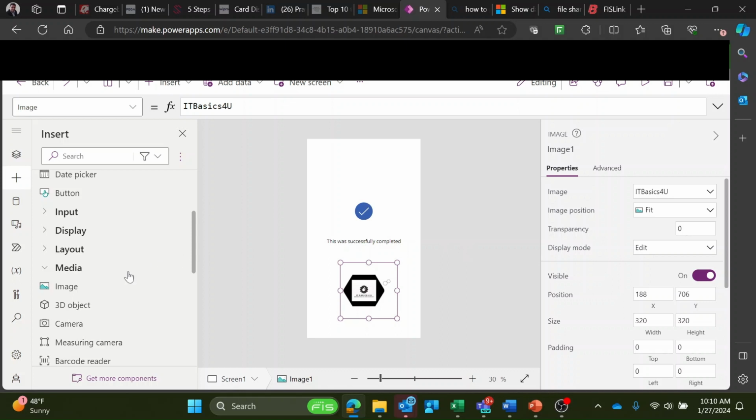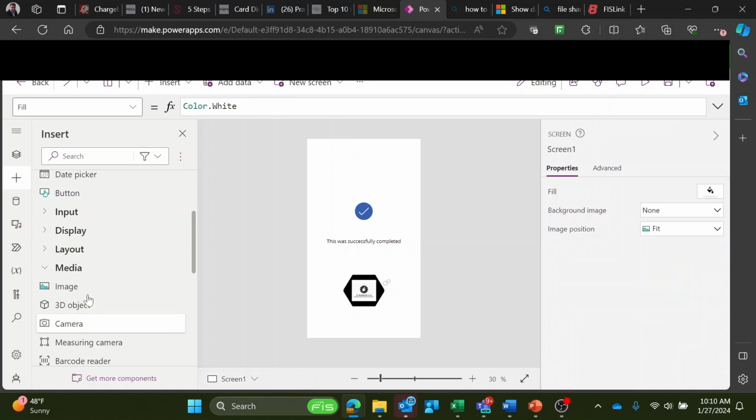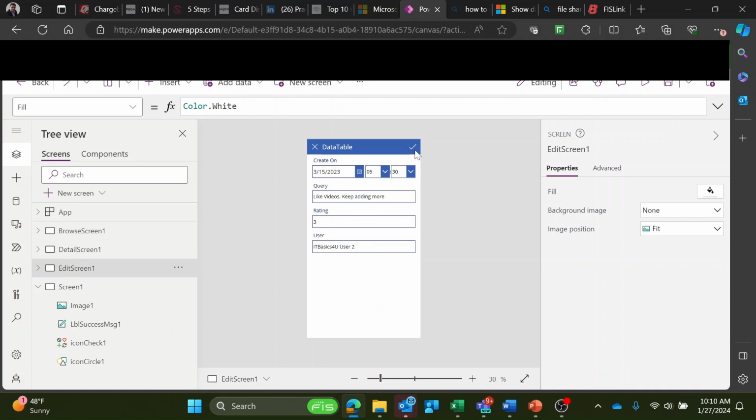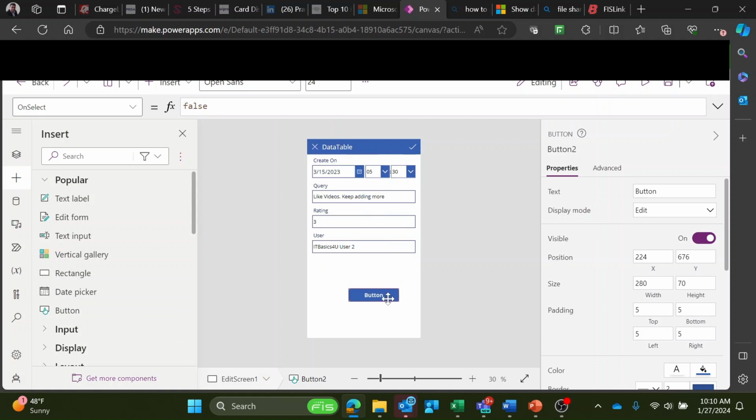So very basic. And then similarly, what you can do is you can add a button, but we are not going to add a button out here. Let's go back to our view. Let's go back to our edit screen. Once somebody has edited, then I want to put a button out here for anybody to click. Final submission,